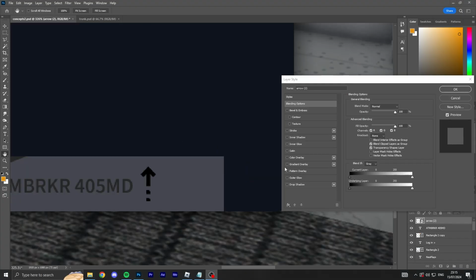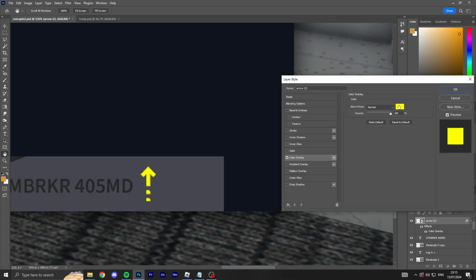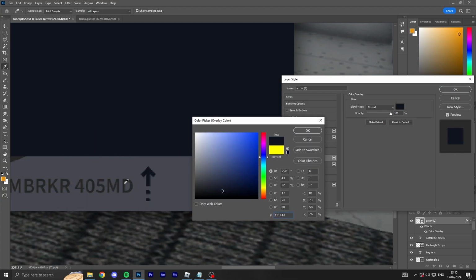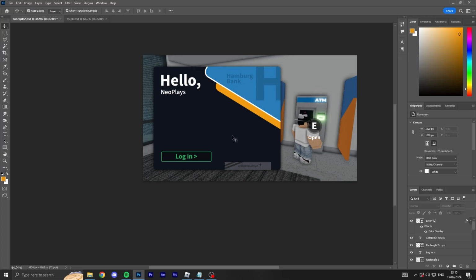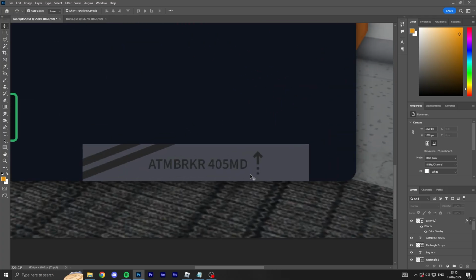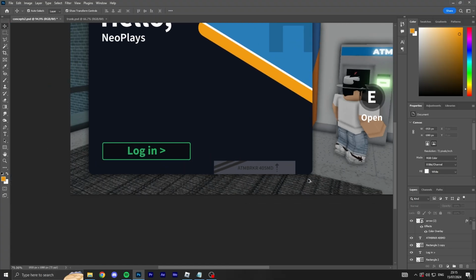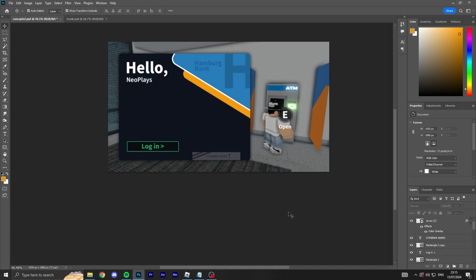We're almost there on the home screen. Okay, so let's just color in this arrow, and I'm going to show you what I've been working on. Here we go. So this is obviously the screen you've seen, and then I made this little device. I was just typing gibberish here. ATM breaker 405MD. There you go. That's the device. Slide up to continue.